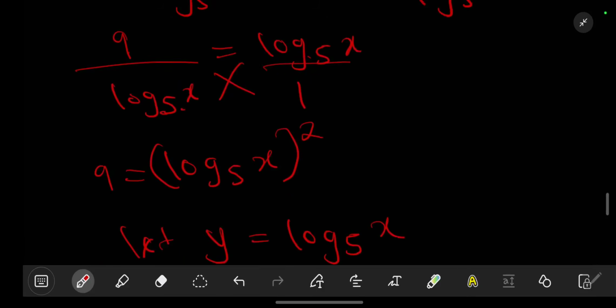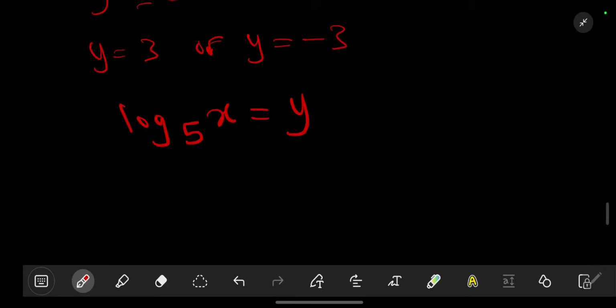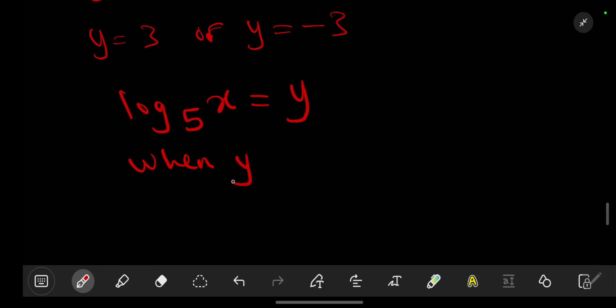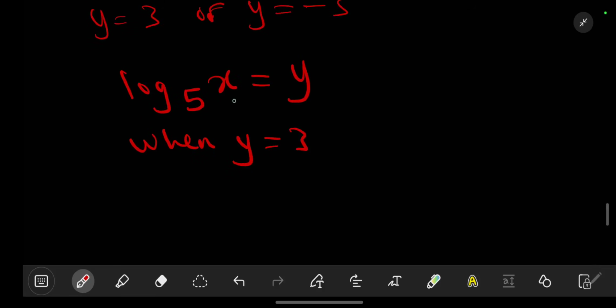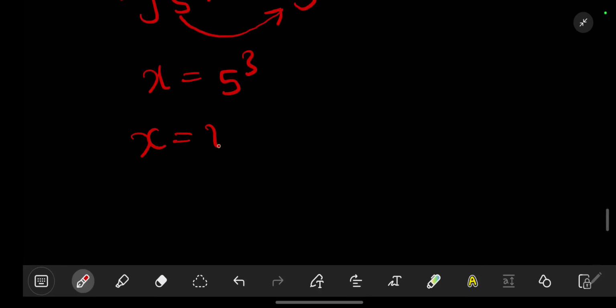We know that what we made was log base 5 of x is equal to y, so when y is equal to 3, where there is y we put 3, we are going to have the log base 5 of x should be equal to 3 like that. So to find the value of x, this will go this side, it will be x is equal to base 5 to the power 3, which will be x is equal to